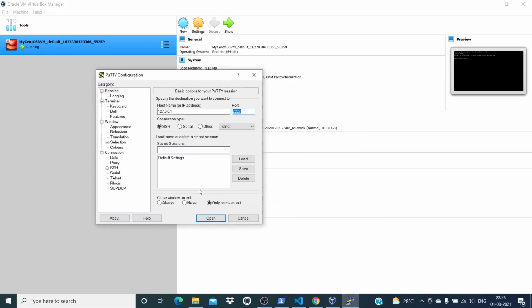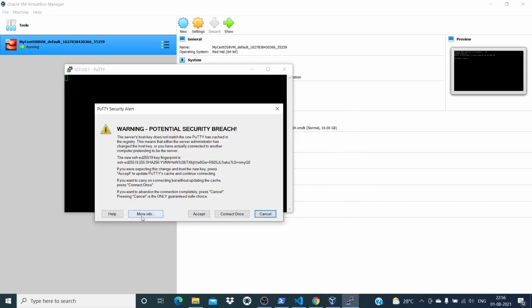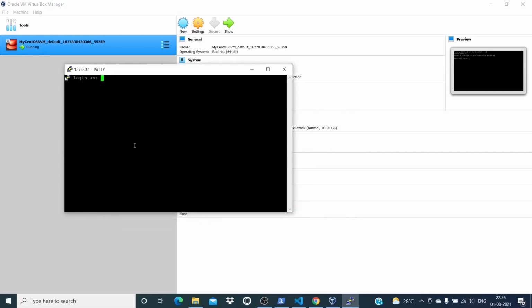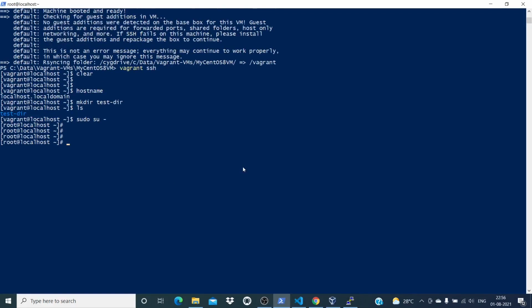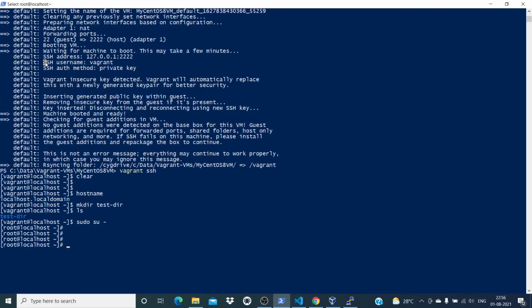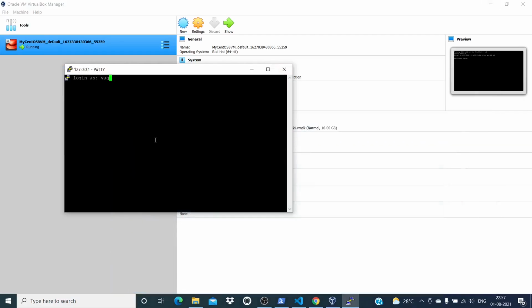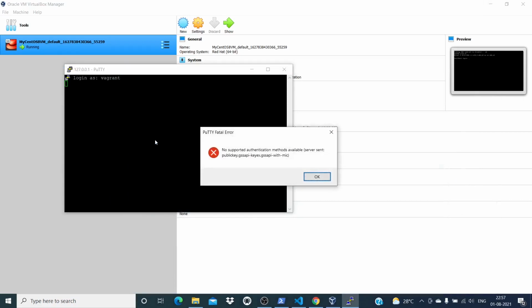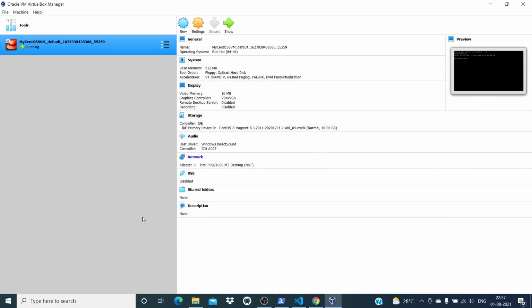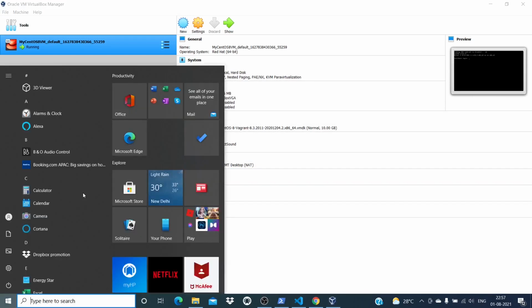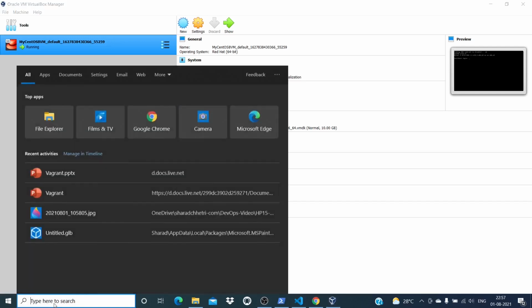So let's try to connect first. Will it be able to connect? It says okay, so on screen, if you remember, it is written that the SSH username is Vagrant and the method is private key. Let's try once. I have not given any keys. Okay, there are no keys, I have to mention it. Let me retry once again. And okay, let me try the Vagrant